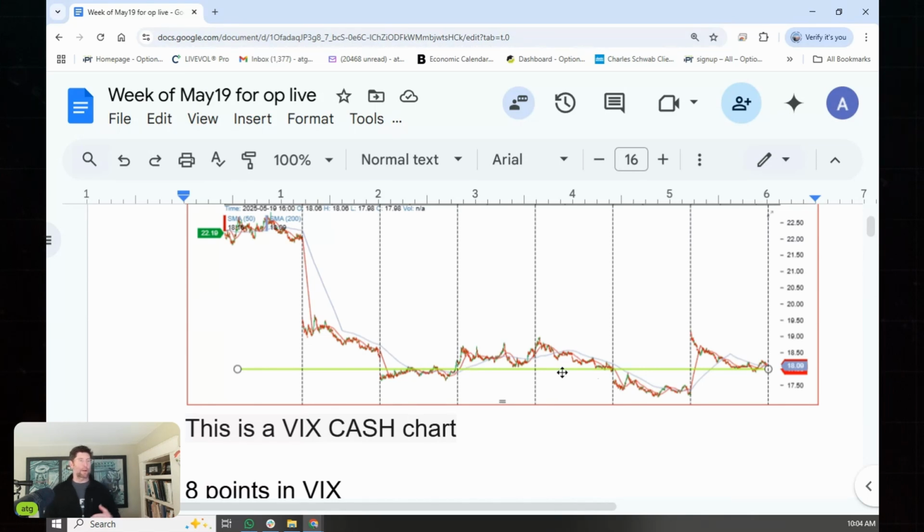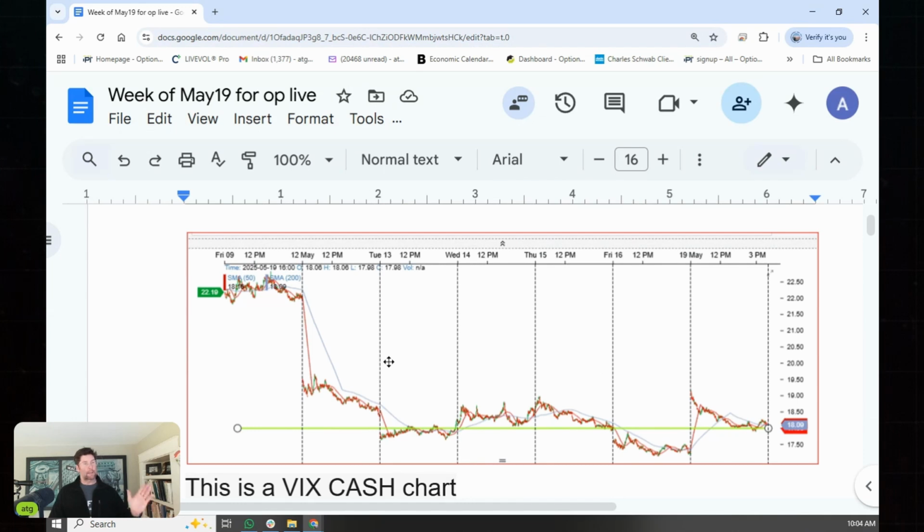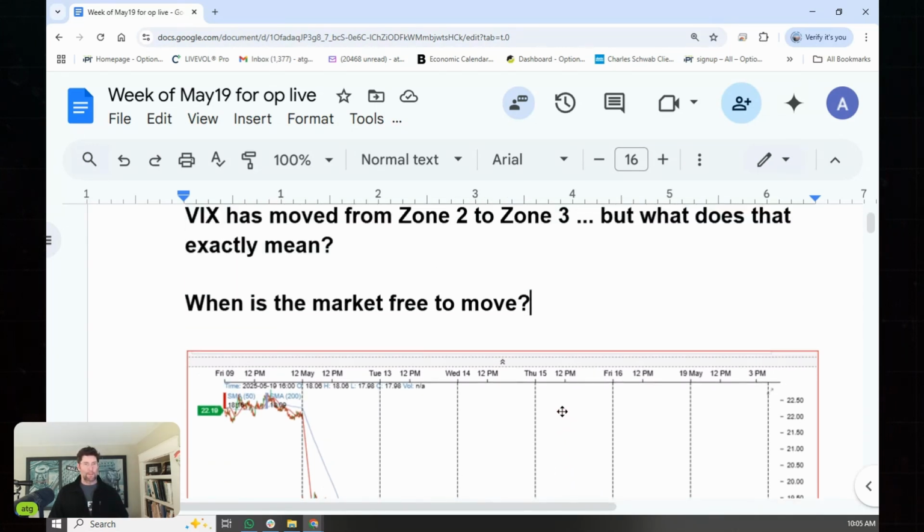This is a chart of what I would call the VIX Cash Index. VIX Cash Index, 30-day volatility, meaning it's looking at 30 days ahead all of the time. Every day it'll be looking 30 days ahead. It is the only place in the market